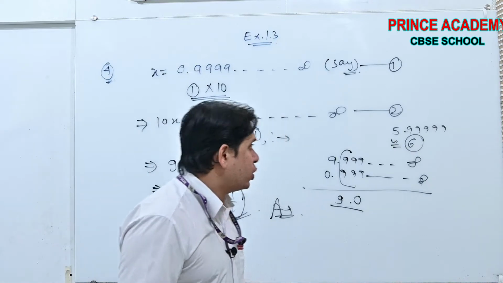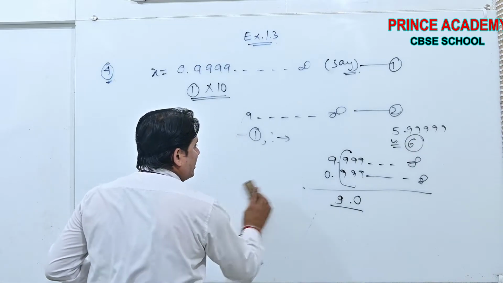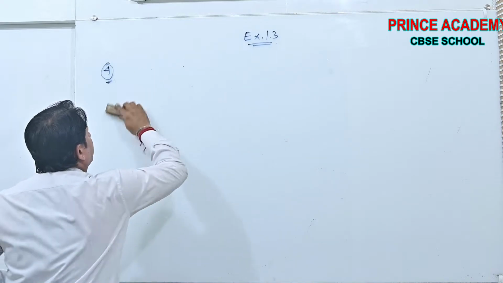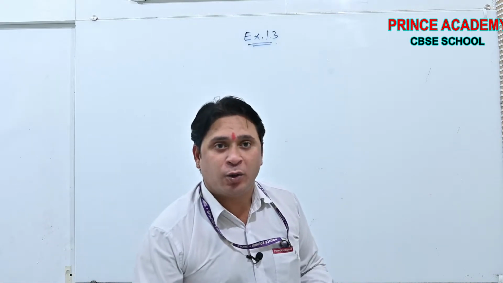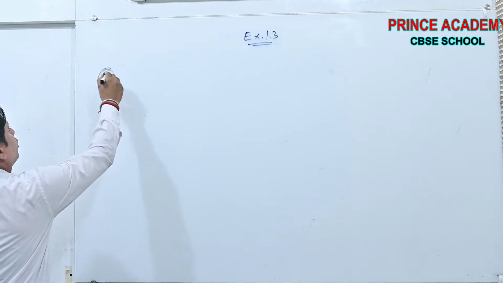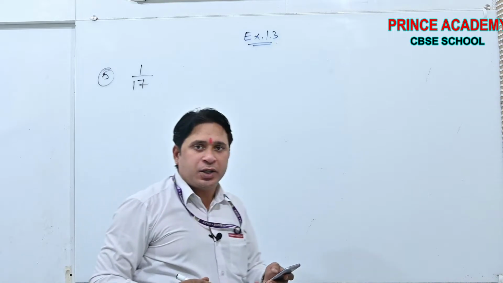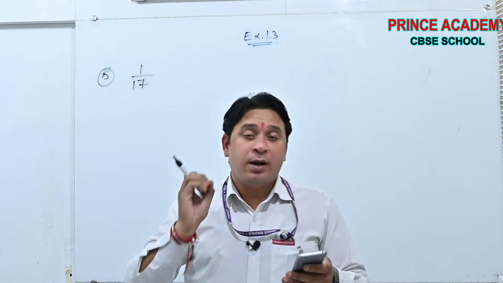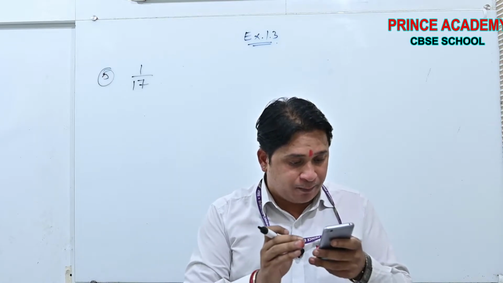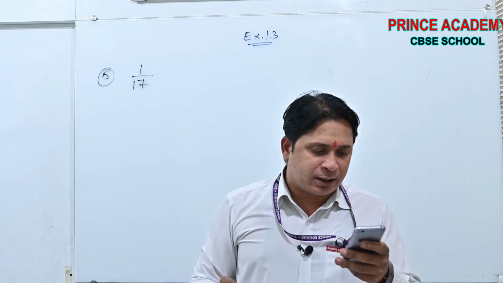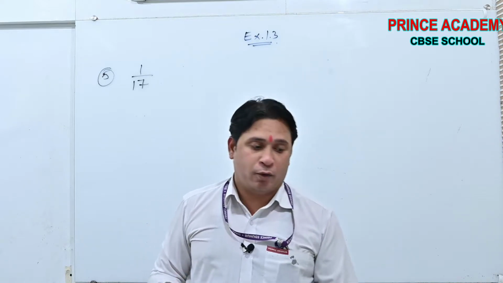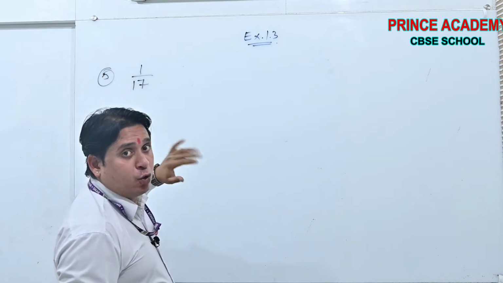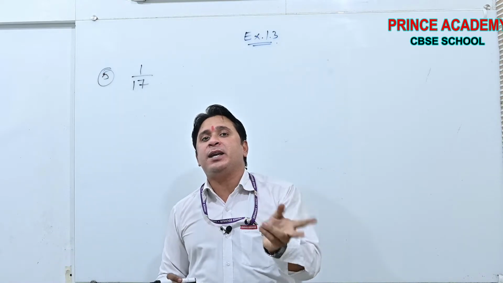Done beta. Now question number 5. See, I am a little bit faster. Only for you students, I am reshooting this video. Please everyone cooperate with me so that you can visualize all the solutions. Question number 5. See beta, 1 by 17, a rational number, is given, and we have to divide it and find the maximum number of digits in the repeating block. See beta, why is this in p by q form? As this is in p by q form, definitely the output will be terminating or repeating.